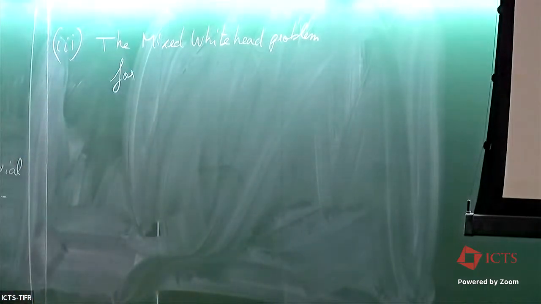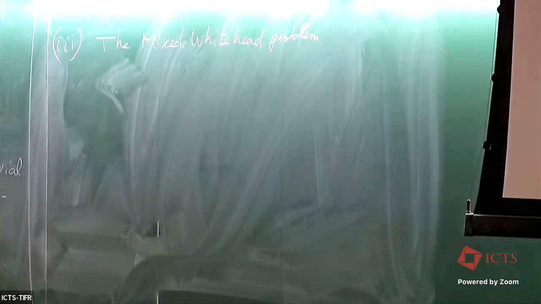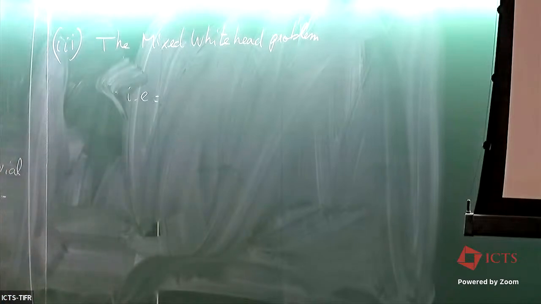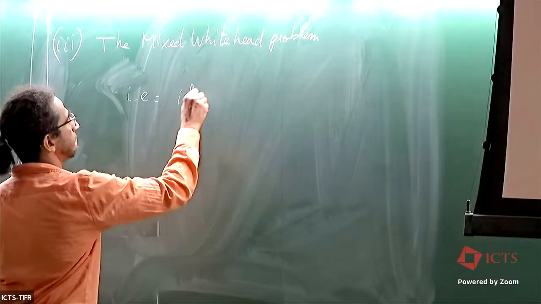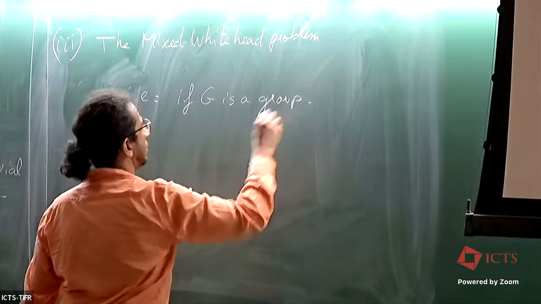For those groups. So what is the mixed weighted problem? It's an orbit problem for the outer automorphism group of the group you consider. So if G is a group,